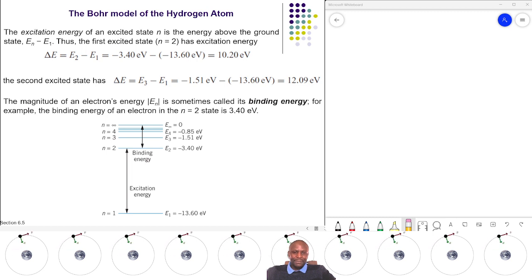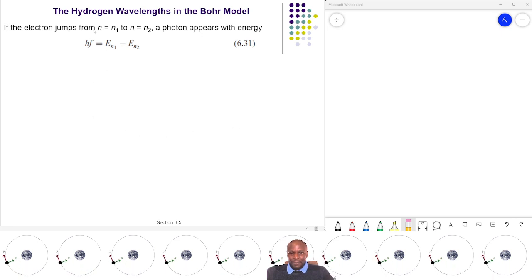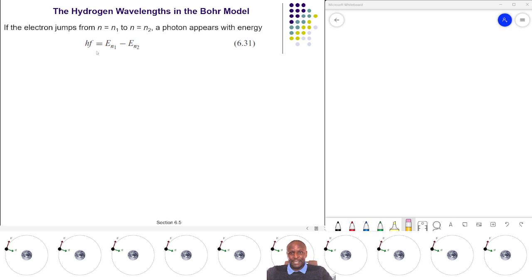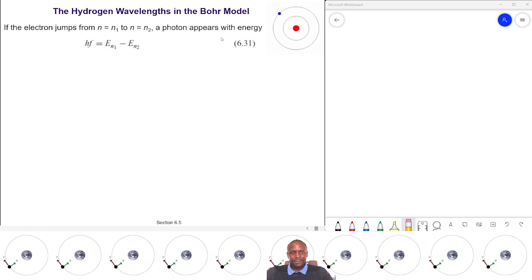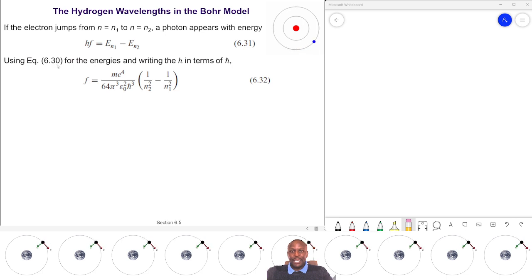Right. Now, if the electron jumps from n equals 1 to n equals 2, photons appear with energy. As I've already said, the photon will appear with this energy. Now, if it jumps from one state to the other, the photon is absorbed. So now it can absorb a photon, so that the difference between these two energy levels is just given as the energy of that photon. All right. So now in that case, because we know what the energy is, now if we use that equation of the energy,